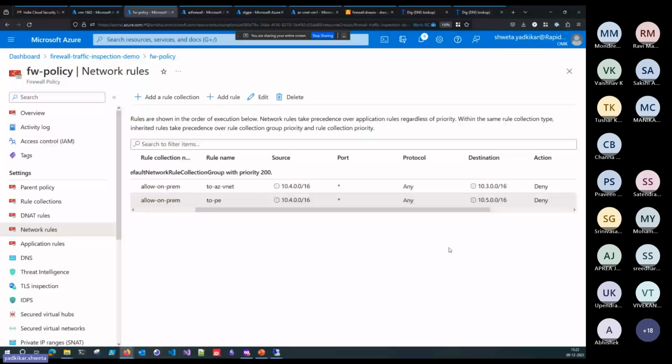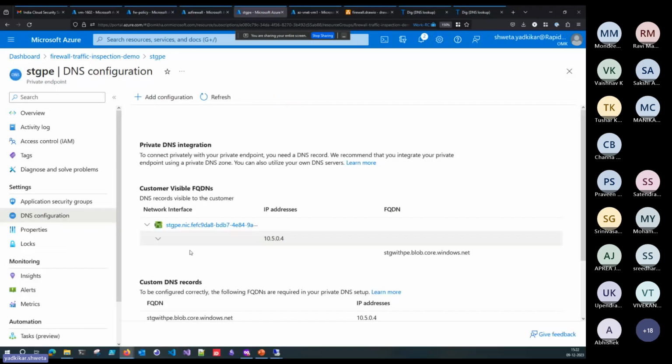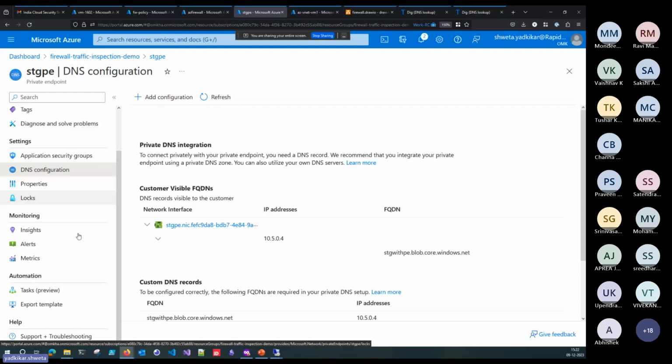Basically, you could have hundreds of private endpoints in your VM, and then you'll have to create all of those rules, and there's a limit on the number of rules as well. Then Azure tried to remediate this problem and quickly came up with a solution, wherein what you can do instead is,